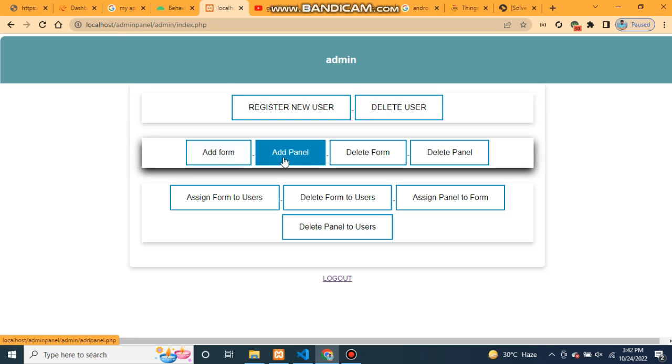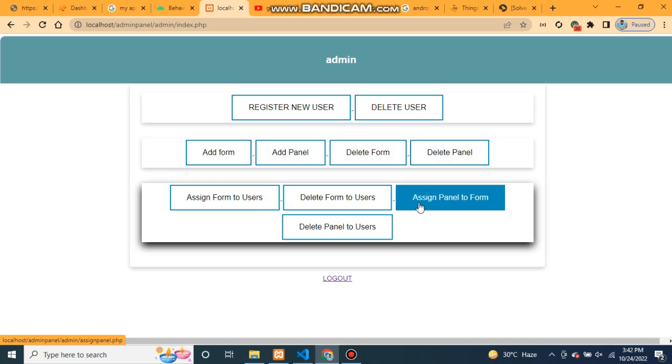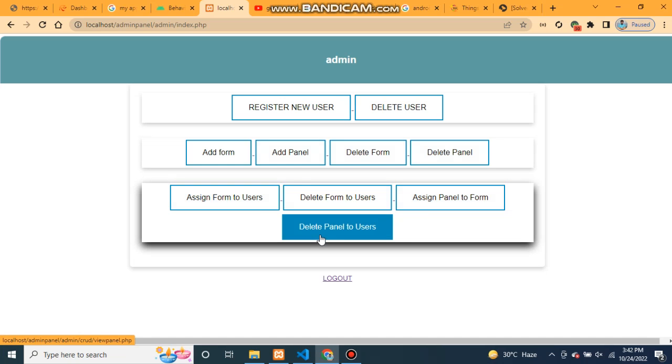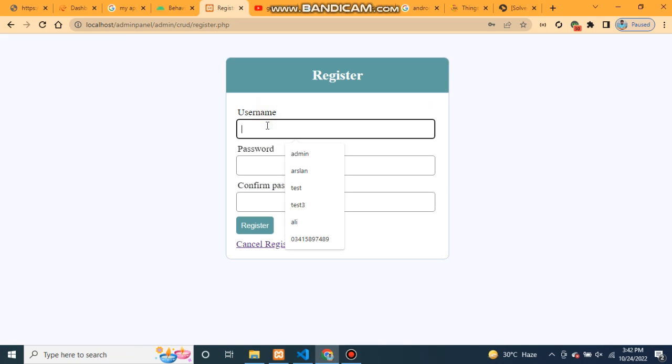panel, delete form, delete panel, add form to user, delete form to user, assign panel to form, and delete panel to user. So first of all I will add a new user, I will name it test. So new